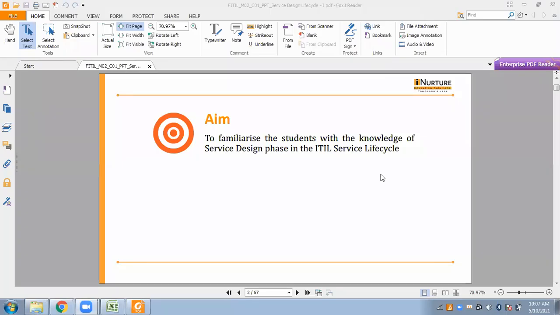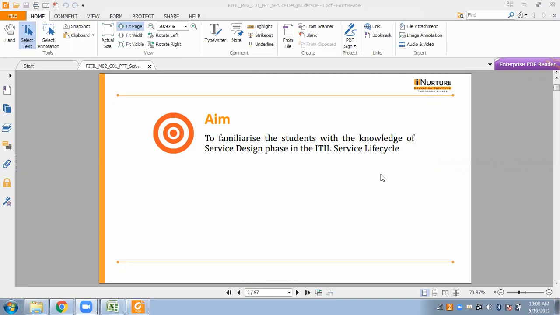This module, as I said, is mainly about service design. Particularly, in this chapter we will learn about service design. The main goal of studying service design is to understand the design of IT services, the architectures and processes that will enable us to design services that meet the needs of the organization. It also helps to understand the techniques required to develop, manage, and integrate the service design into the IT service management